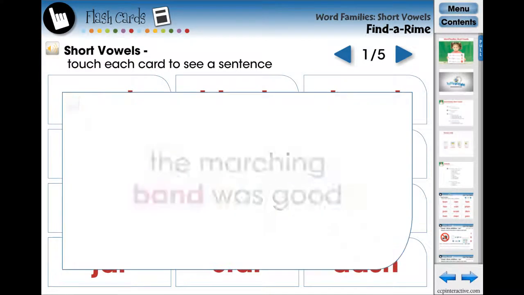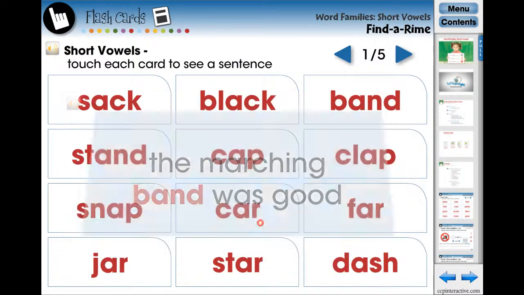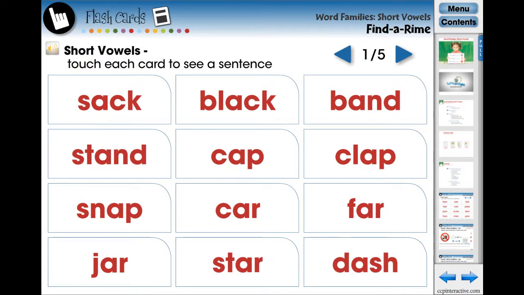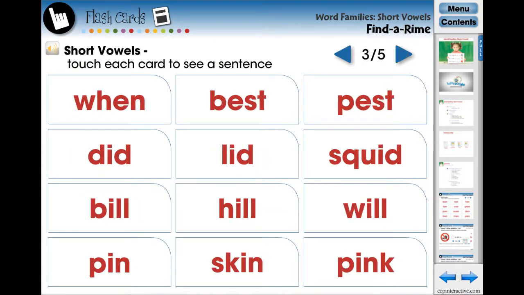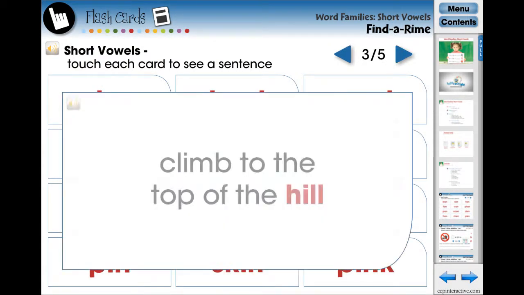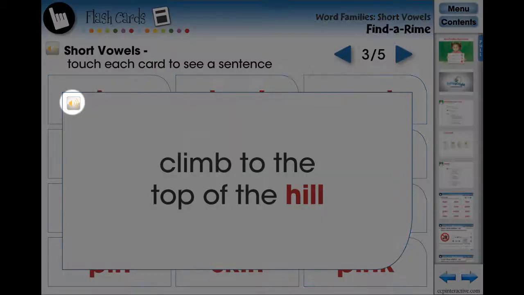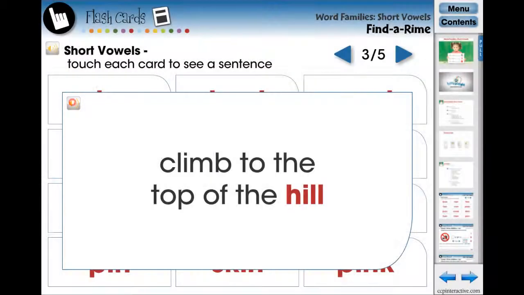Touch a card to flip it and reveal the sentence. Touch again to return. Touch the arrow icons located at the top right of the screen to reveal more vocabulary cards. Touch the audio icon on any screen page to hear the accompanied voiceover.